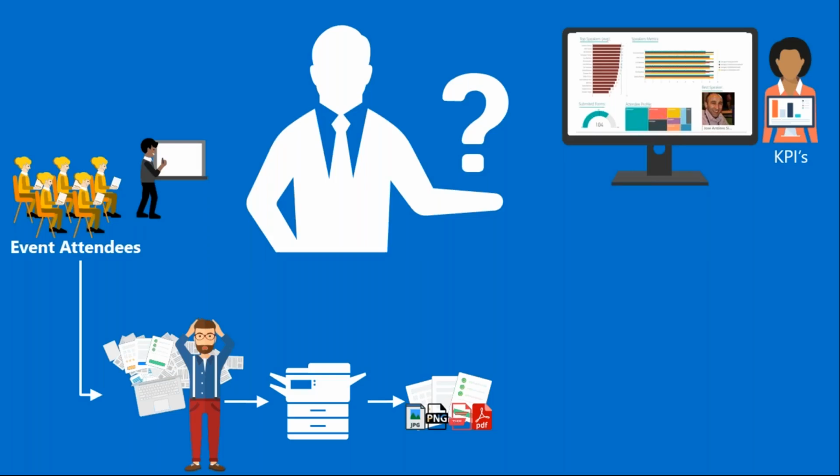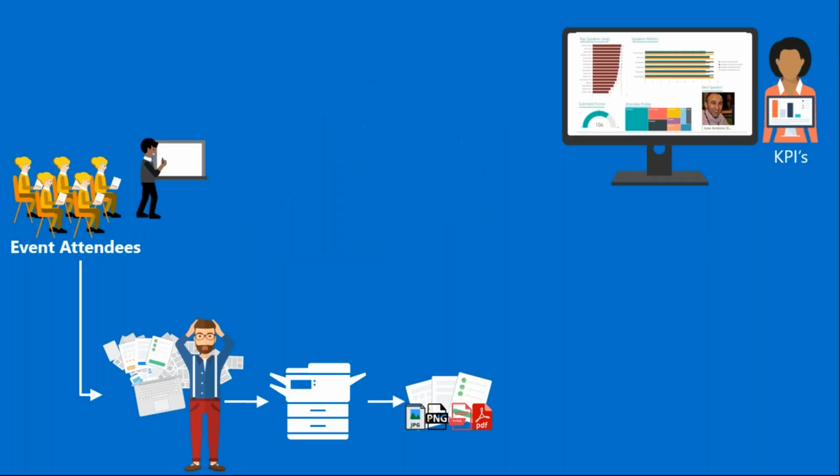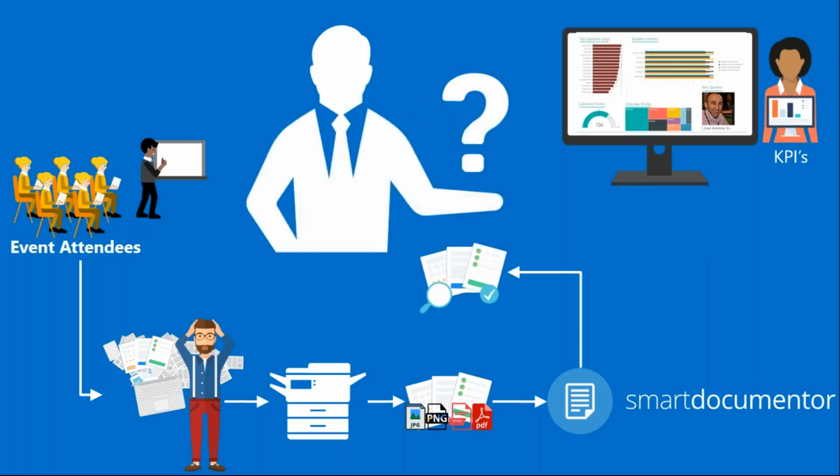So I need to add something to translate this digital document to data. Internally, I use SmartDocumentor. It's an OCR, but this can be whatever other OCR that you have. This is our internal OCR, and this will easily extract data from your forms and convert it into some metadata associated with the documents. But again, I still need to integrate.